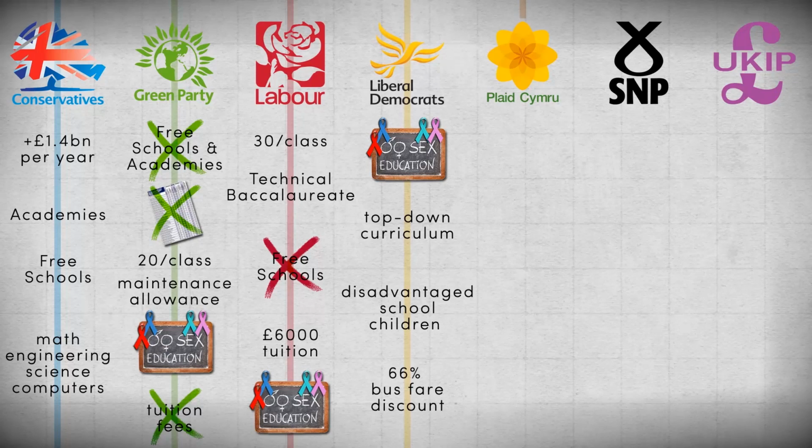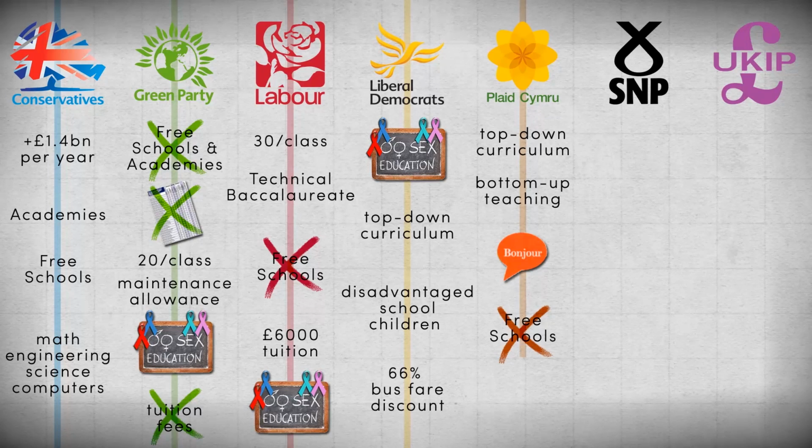Plaid Cymru wants to provide an additional year of schooling for 3 to 4-year-olds. They plan to set learning outcomes, but give freedom to schools on how they achieve these goals. They want to emphasise foreign languages by having a compulsory GCSE and introducing language in primary school. They'll also continue to oppose the free school system implemented in England and plan to provide subsidies for Welsh university